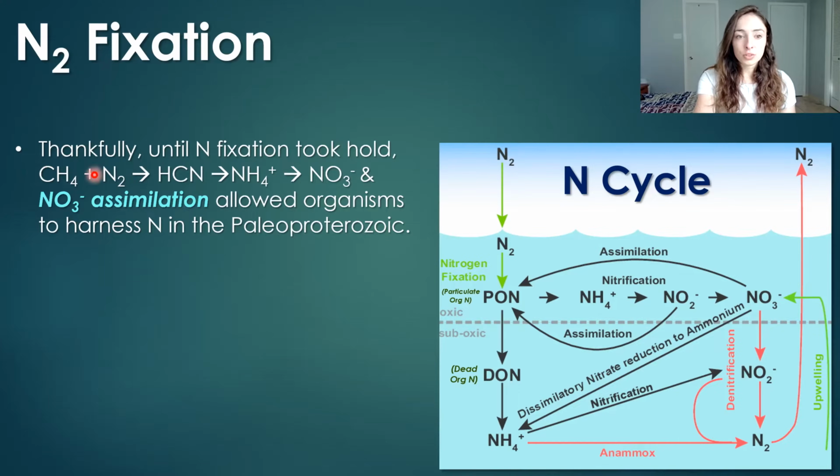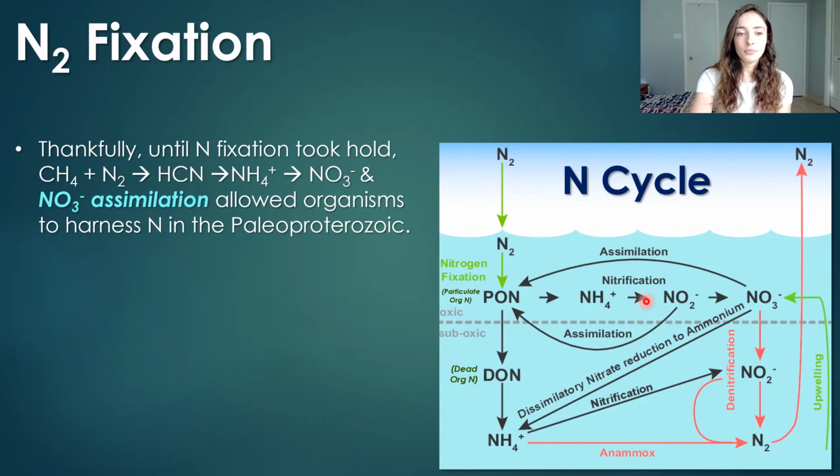methane and nitrogen from the atmosphere reacted to form hydrogen cyanide, which reacted in solution to form ammonium, which then was oxidized to nitrate by bacteria, allowed organisms to harness nitrogen in the Paleoproterozoic when nitrogen fixation was likely either not happening biologically yet and only by abiotic processes like lightning fixing nitrogen, or it had evolved, but it wasn't widespread yet. And because nitrogen is such an important nutrient, they needed to be able to assimilate this nitrate and